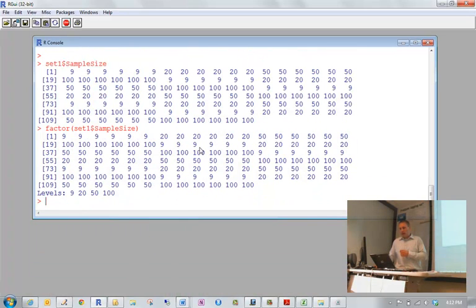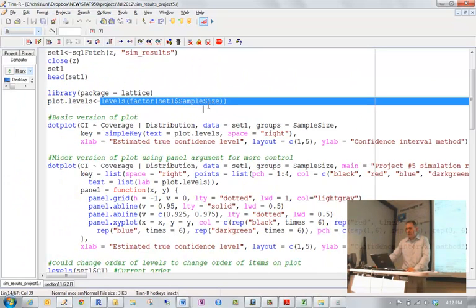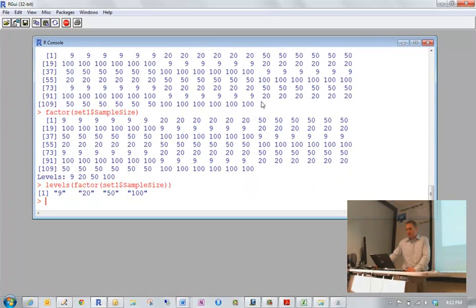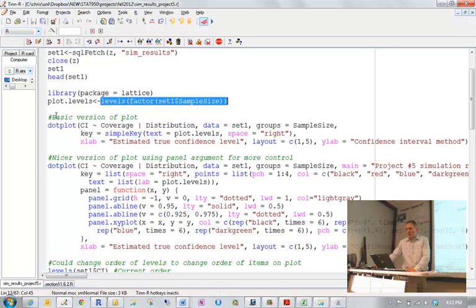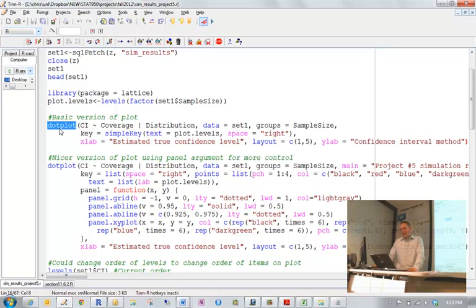And now it's categorical. So the only thing that you see different is this right here. It tells you the levels of your factor. I'm going to pull those levels out by using the levels function. So you see, notice how there's quotes around them. And then put them in an object called plot.level so I can use them. Now, a basic version of one of these trellis plots is to use a function in lattice called dotplot,